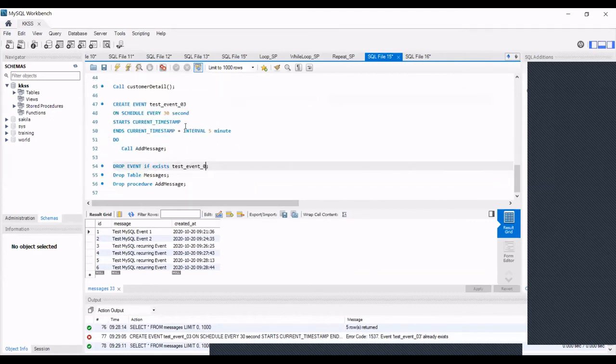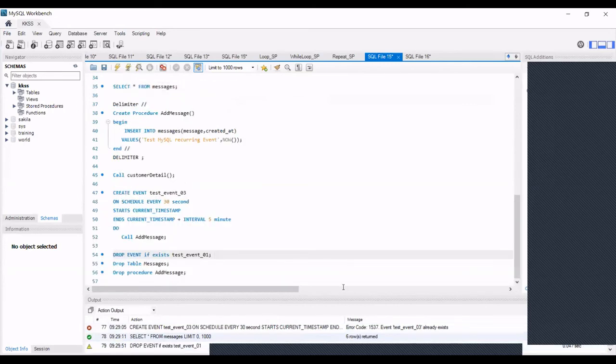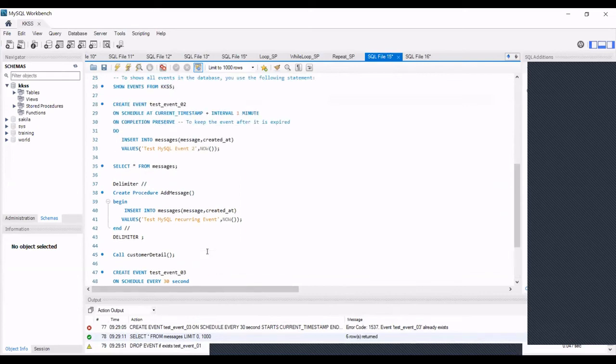If I try to drop the first one, we'll get a warning that event 01 does not exist. So this is the issue with events. If you don't use the ON COMPLETION PRESERVE command, the event will expire, and you won't see that event again unless you create it again.